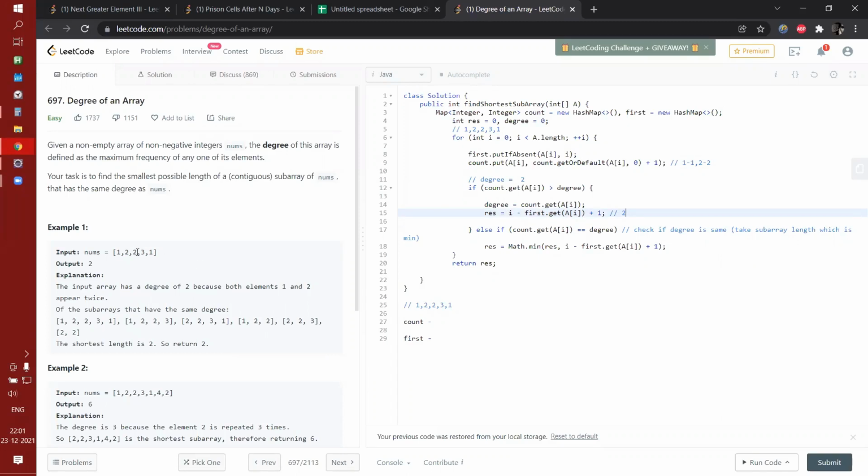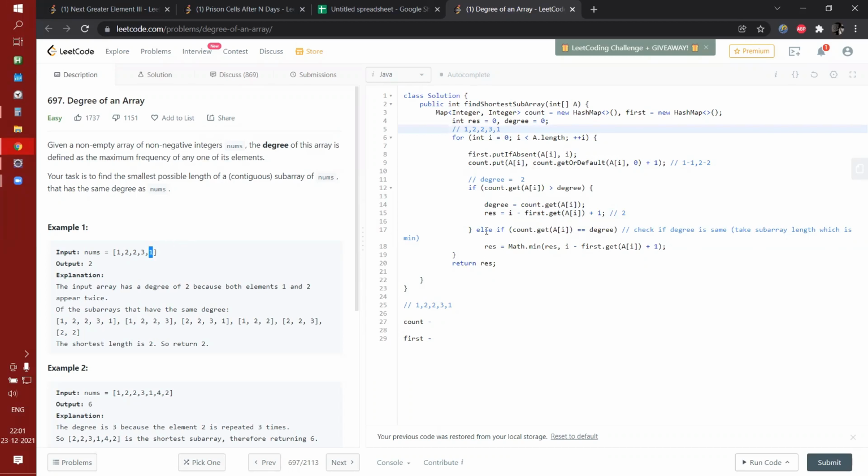So when you get to the point 3, you won't do anything, right? Because 1 is not greater than 3. Sorry, 1 is not greater than 2. So you will go for the else part. You will check if the degree is equal or not. It is not equal. So you will just iterate back, and your pointer will go to the 1.